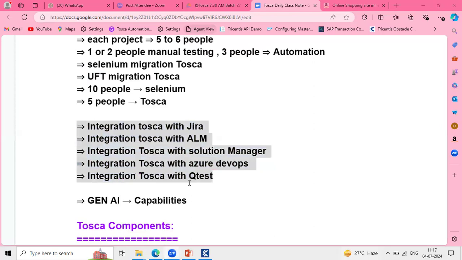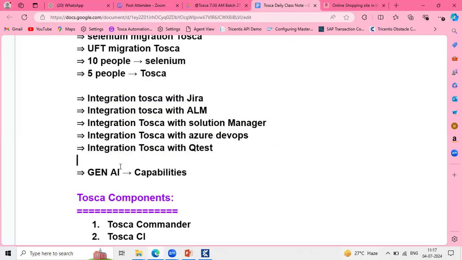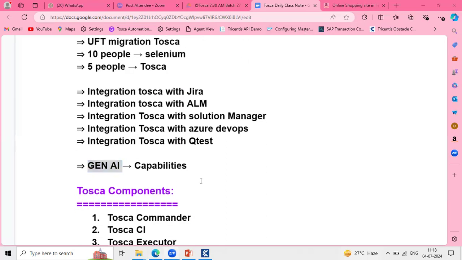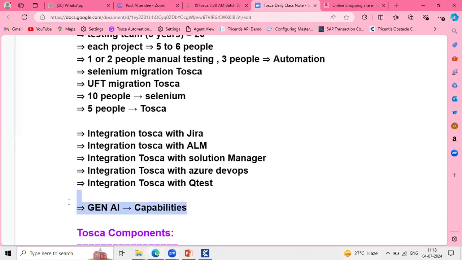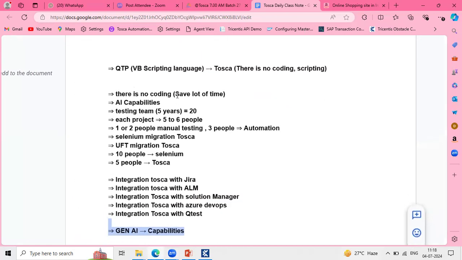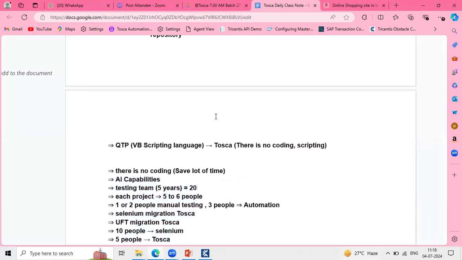And one more thing to hear, team: Gen AI. Nowadays, everyone is hearing about this technology in the market, generative AI. Now, Tricentis is trying to implement generative AI capabilities in this Tricentis test automation tool. Okay. Now, up to here, is it clear for everyone, team? The integration part, the bullet points related to Tricentis Tosca, and the differences between other automation tools and this automation tool.